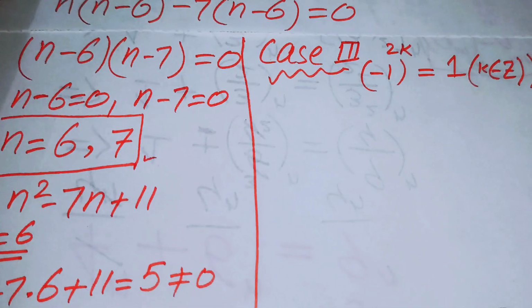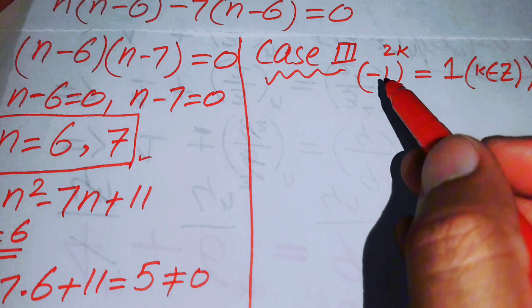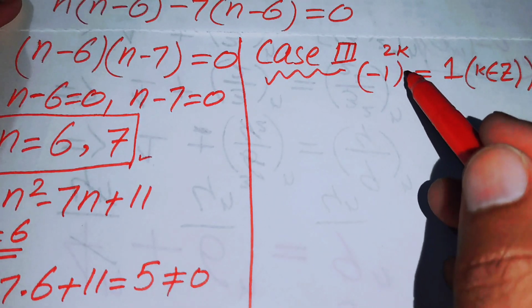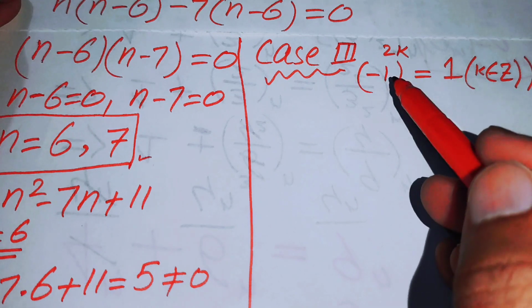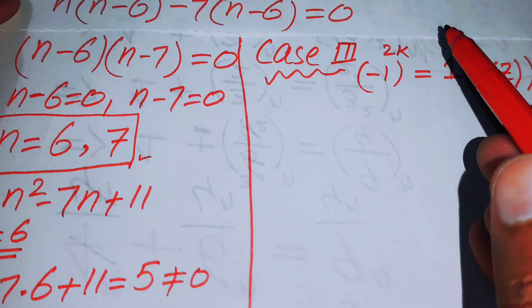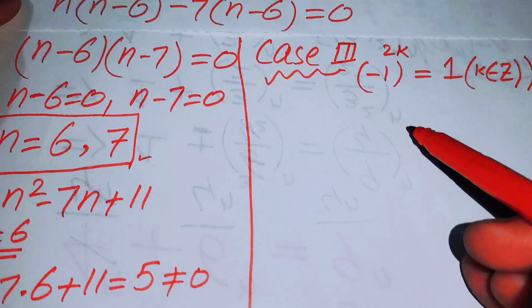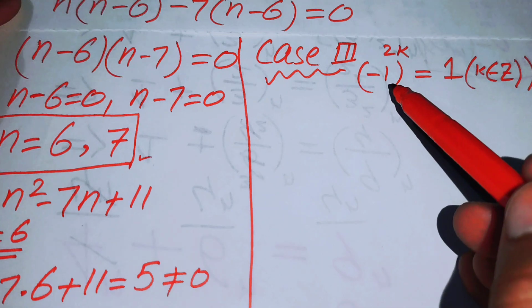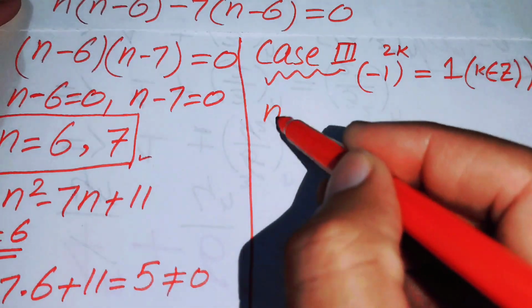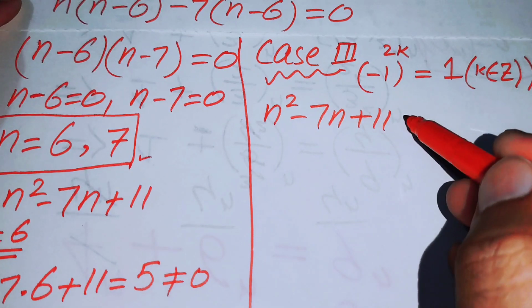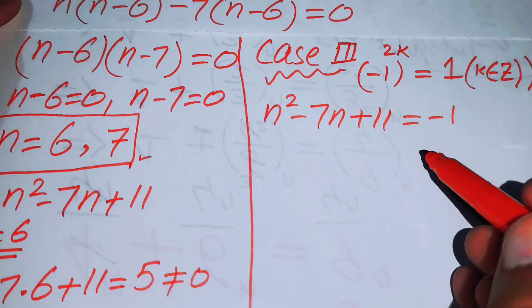So if you write minus 1 to the power of some even number, it gives the answer 1. And now we compare the left hand side of the given question. So the bases of the given question and this case, n square minus 7n plus 11, is equal to minus 1, and we will solve